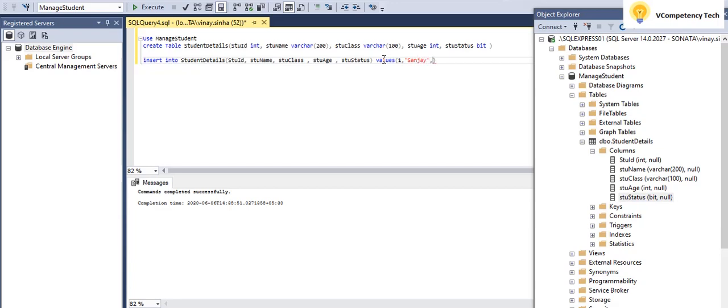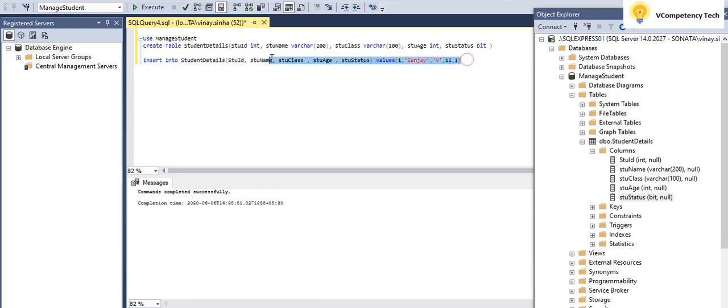Okay, the class I will give fifth standard. Age, fifth means 10, 12, around 11, and the student status I will give yes, 1.